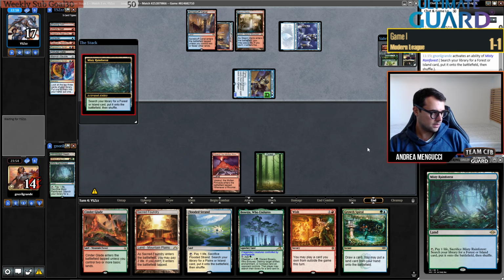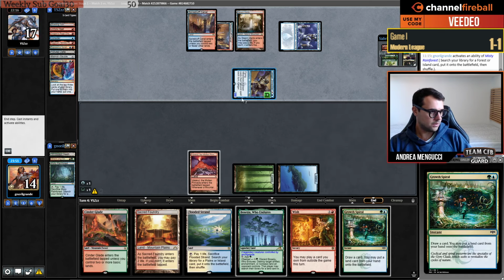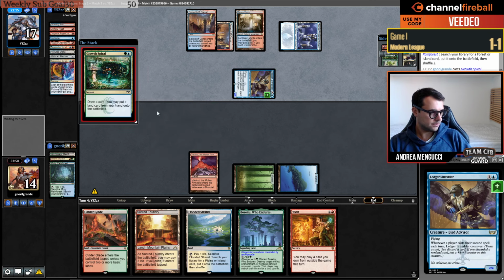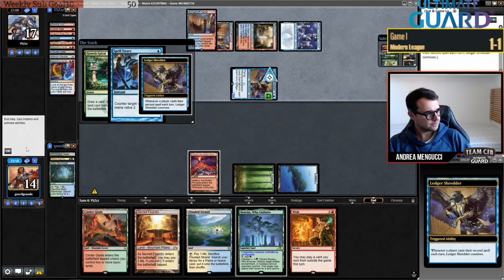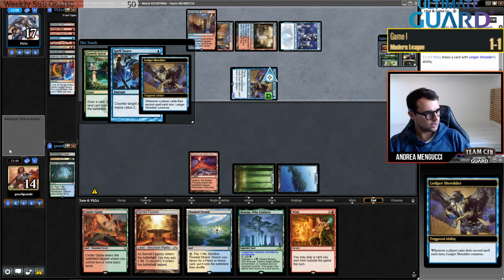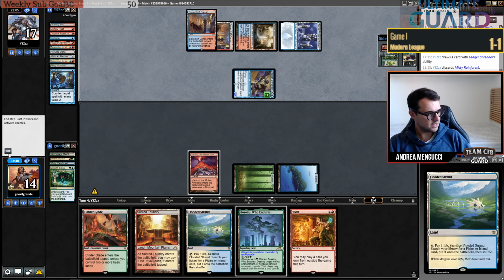I play Growth Spiral here. They have a counterspell, they get to loot with Shredder. But if they counter this, I'm not that unhappy, because I can now top deck an Omnath. Or a Soul of Windgrace. No, actually, Soul of Windgrace I can't, because this one doesn't get Overgrown Tomb. But